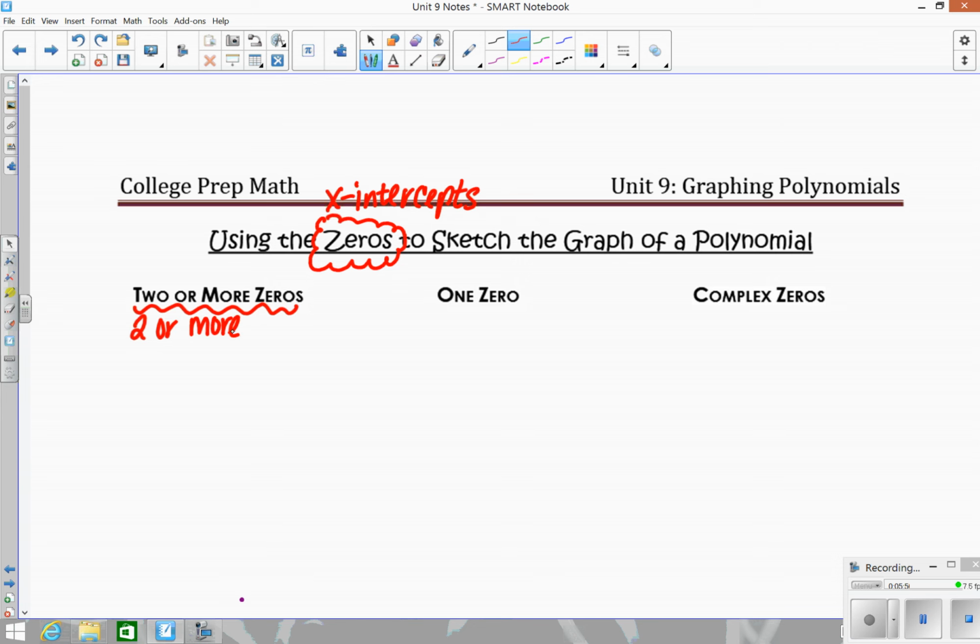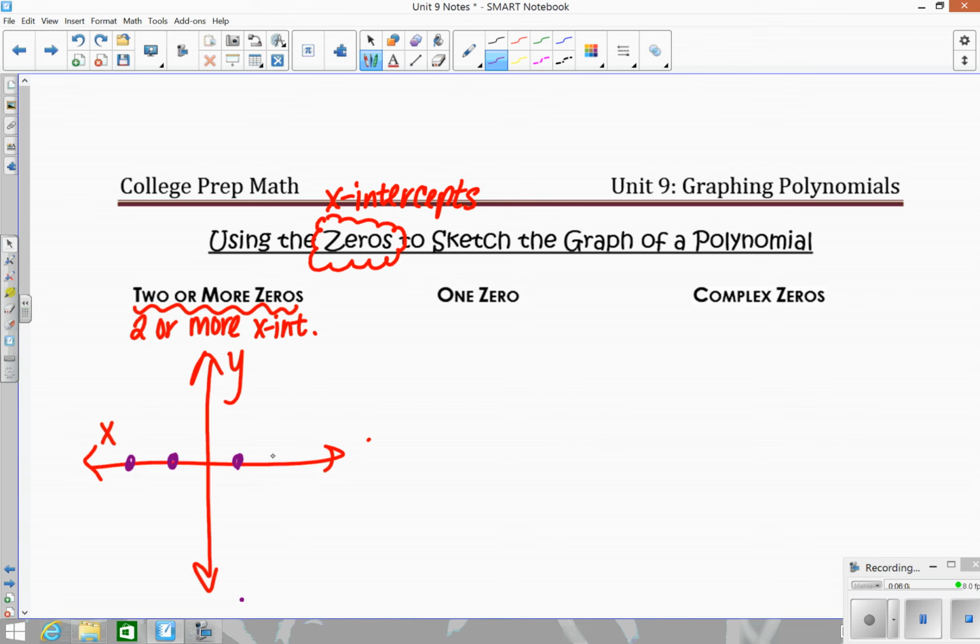So basically, if you solve an equation and you get two or more zeros out, that means that you have two or more x-intercepts. So on your graph, this would look something like, okay, find two or more x-intercepts. So let's just say I have 5 different x-intercepts. So this means my graph could look something like this,